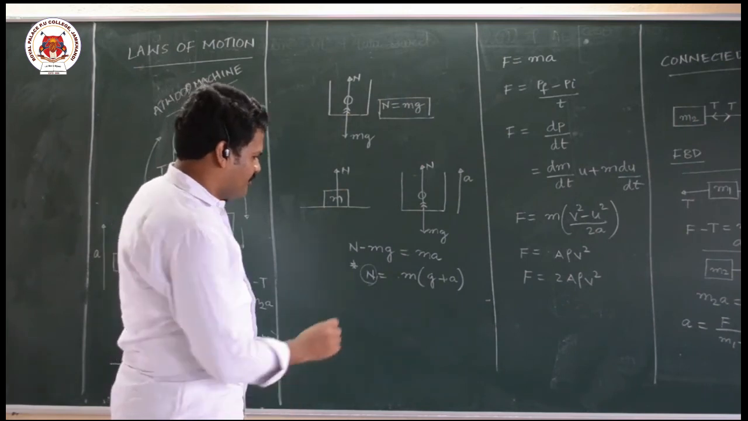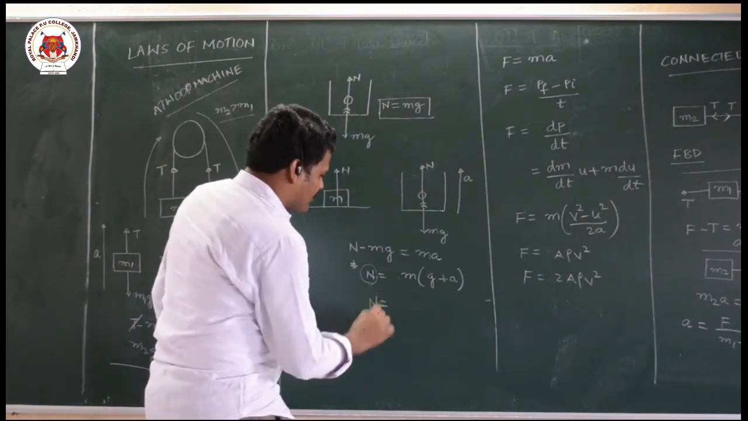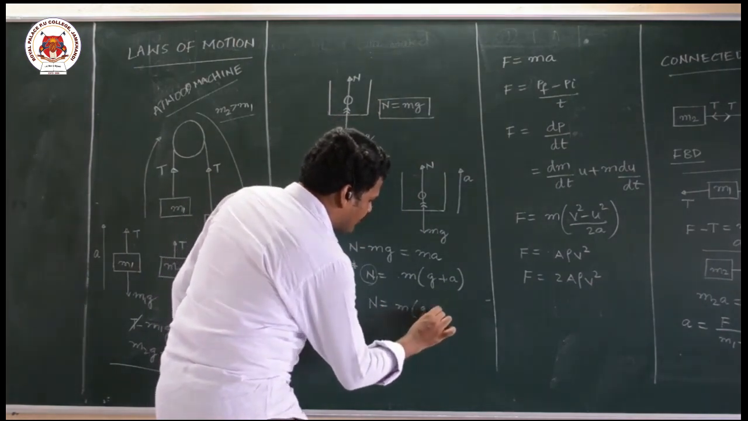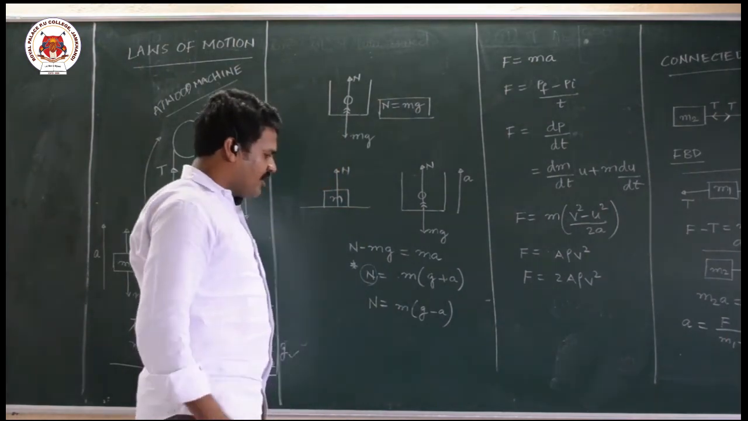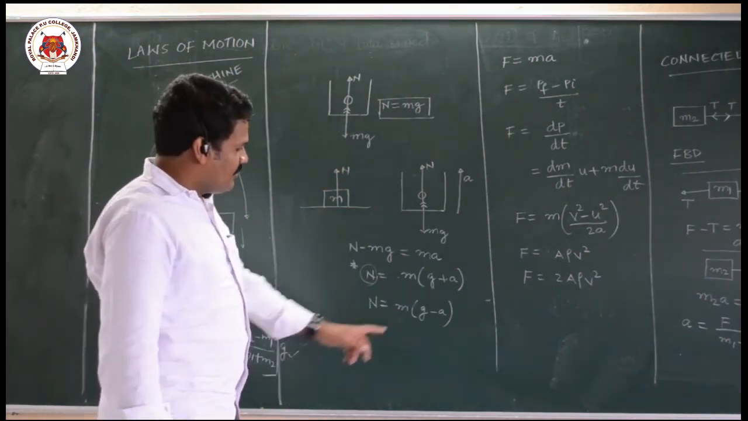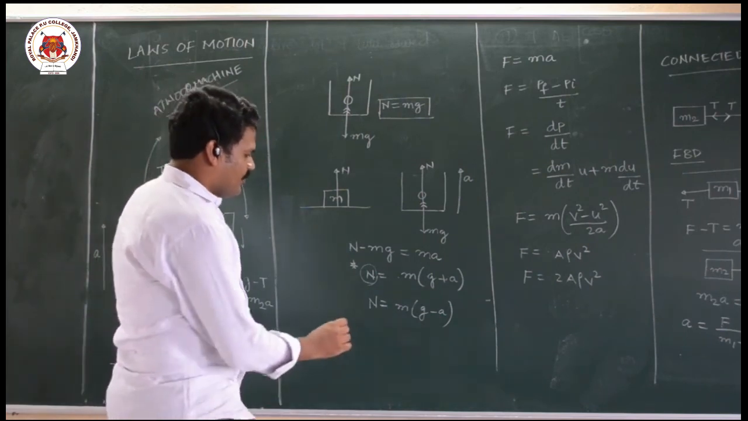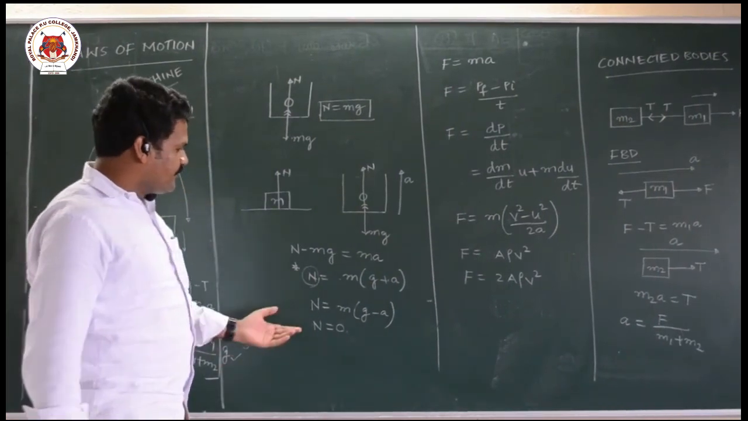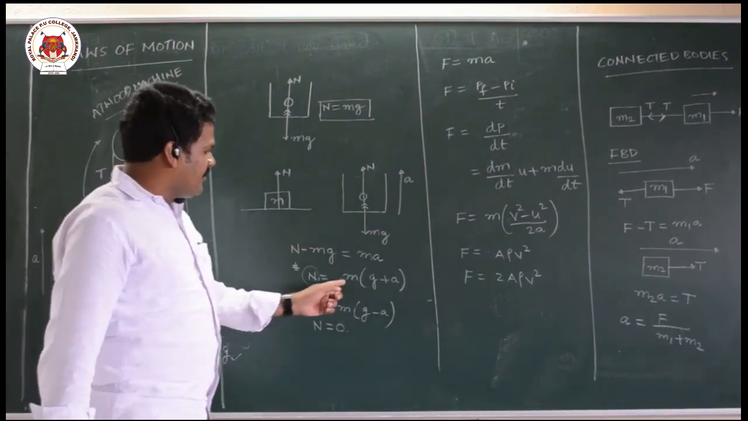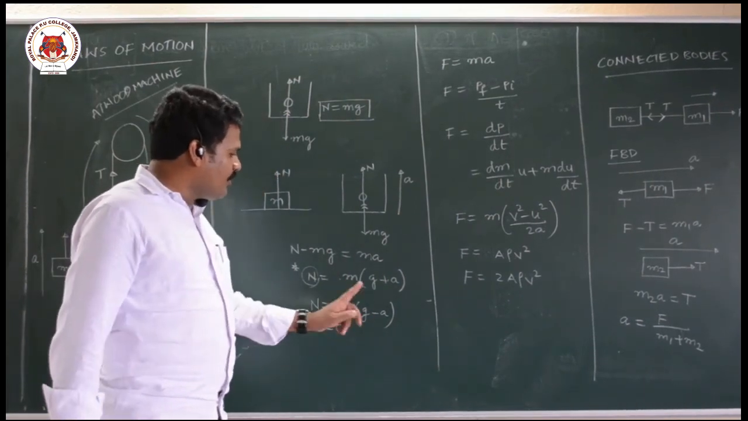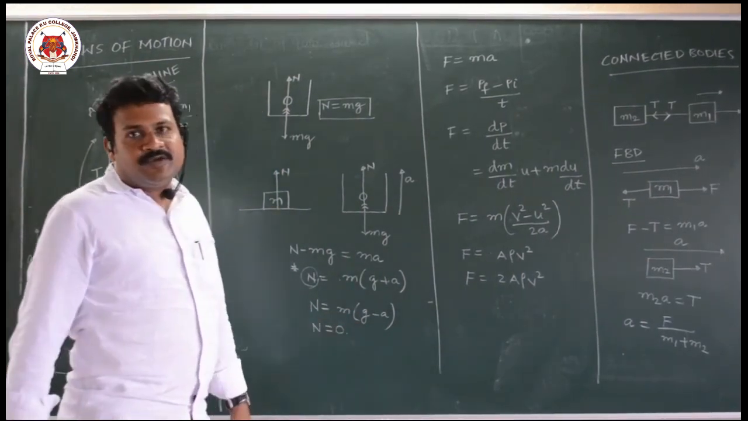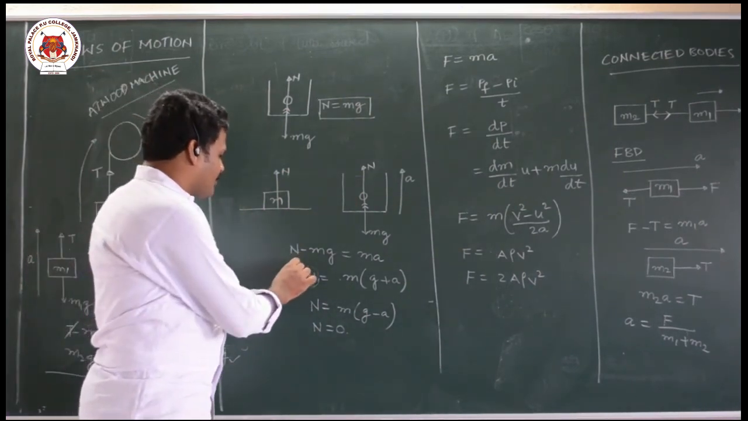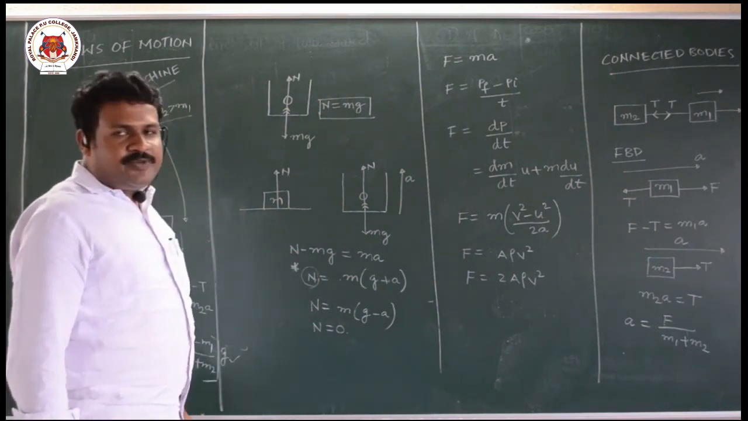Suppose it is moving down, the normal reaction is m into g minus a. If the lift is freely falling, then the normal reaction is equal to 0. That means a is equal to g. If the lift is freely falling, N is equal to 0. And similarly, if it is moving up with retardation, you will get m into g minus a. If it is moving down with retardation, you will get m into g plus a. So these are some of the applications of Newton's second law,